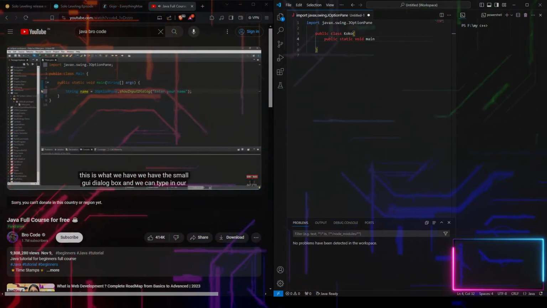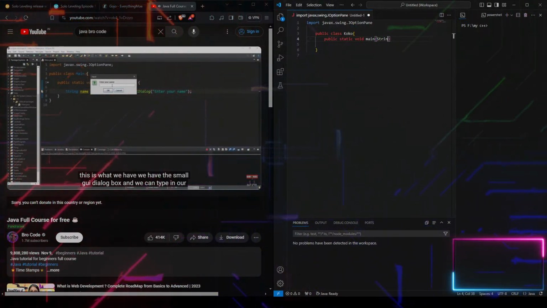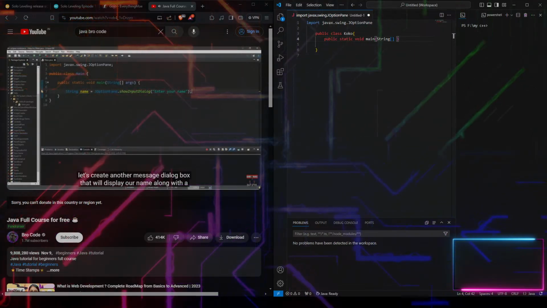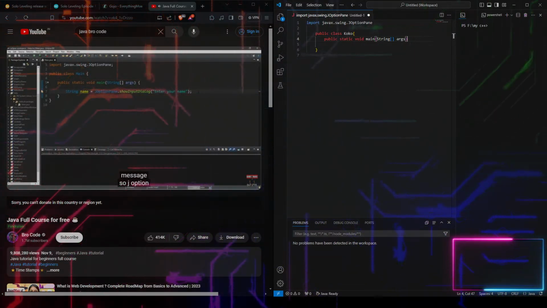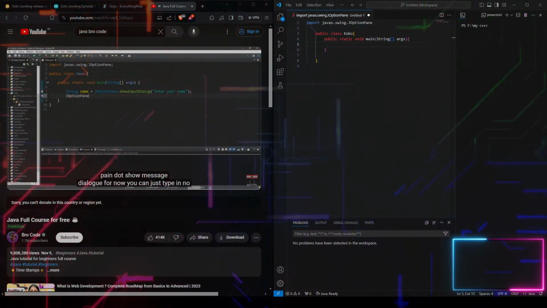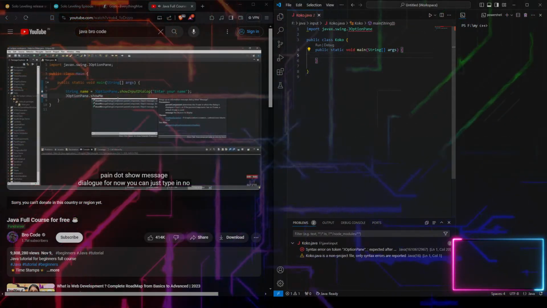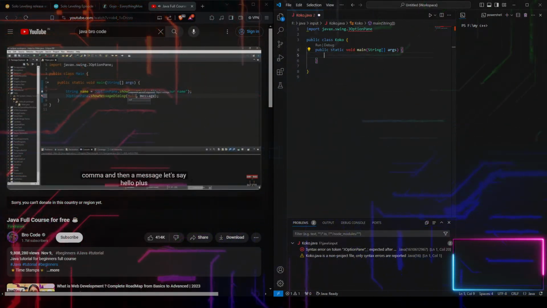And when we run this, this is what we have. We have this small GUI dialog box, and we can type in our name and submit it, but it currently doesn't do anything. So let's create another message dialog box that will display our name along with a message. So JOptionPane dot showMessageDialog. For now, you can just type in null, comma,